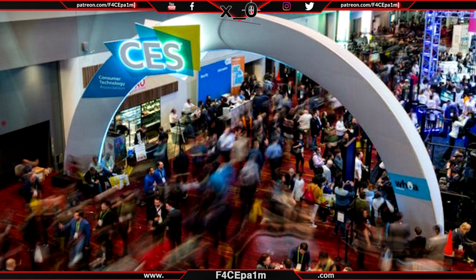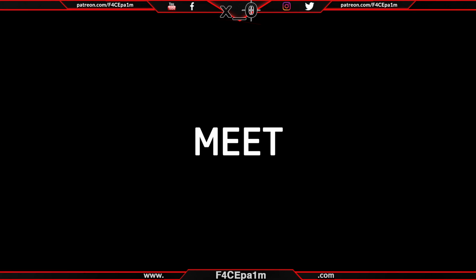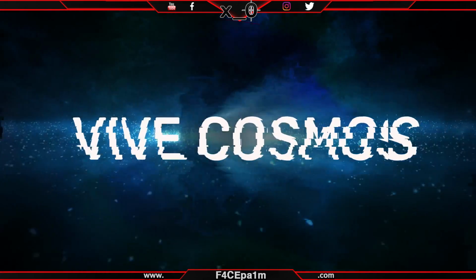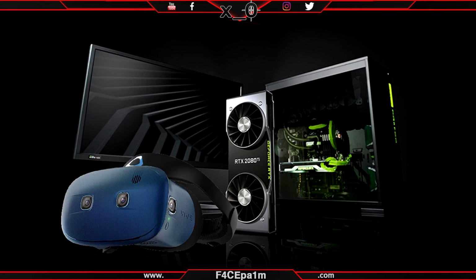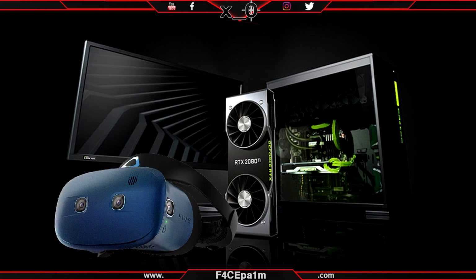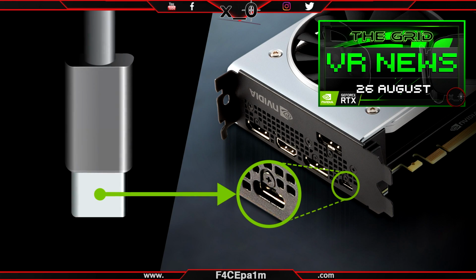CES 2019 was on this week and a ton of hardware was teased and demoed. First off the ranks is the Vive Cosmos, a 6 degrees of freedom high-res headset from HTC. Details are a little scatty on this one, but we do know that the HMD connects to a PC using a single USB-C cable, which has to be the virtual link cable I covered in this episode of the Grid VR,